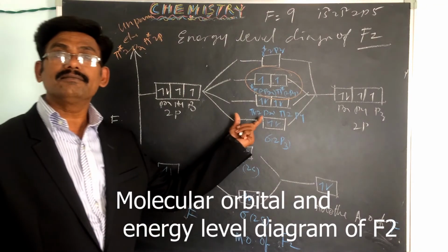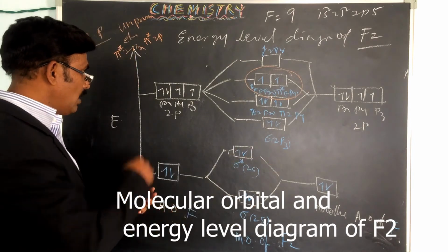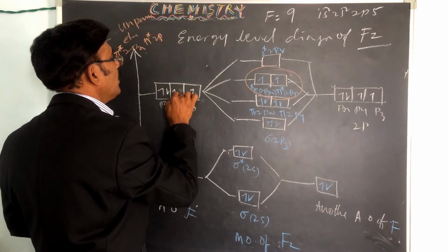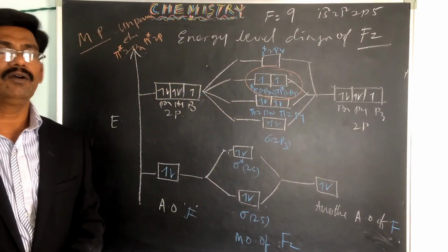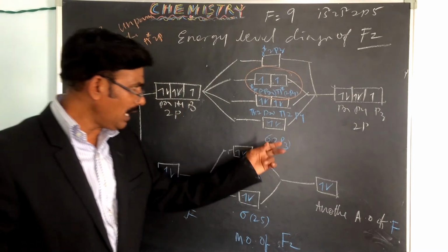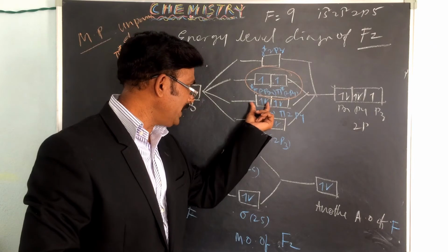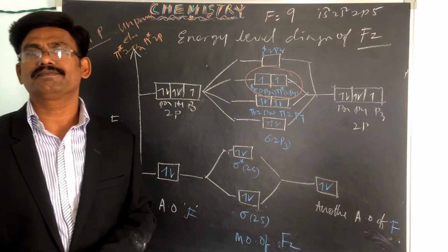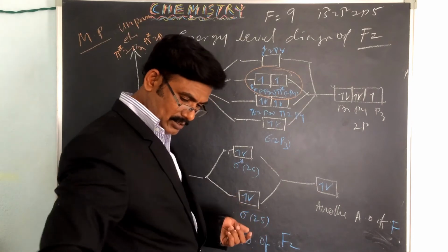Then here, same thing, same as oxygen. In 2p the electrons are 2, so here one more electron. Total in 2p is 5. So now in the 2p level, 2 electrons are in 2px, 2py containing 2 electrons, and sigma 2pz containing 2 electrons. And also one more electron enters into this one here.